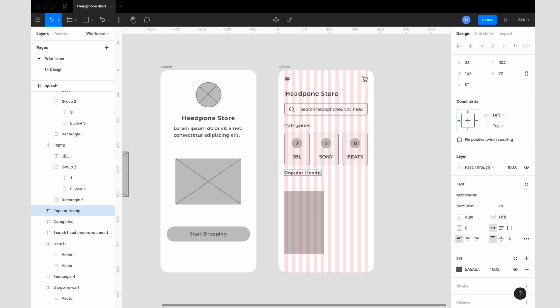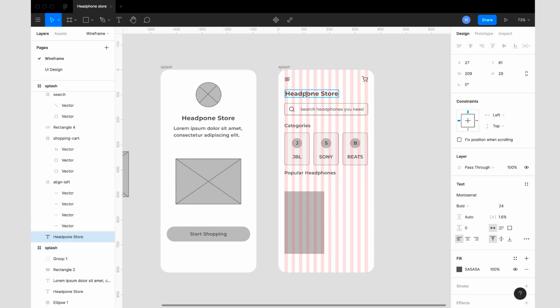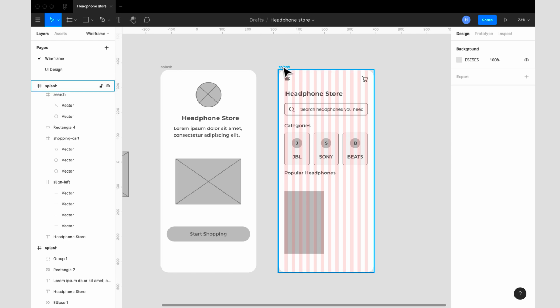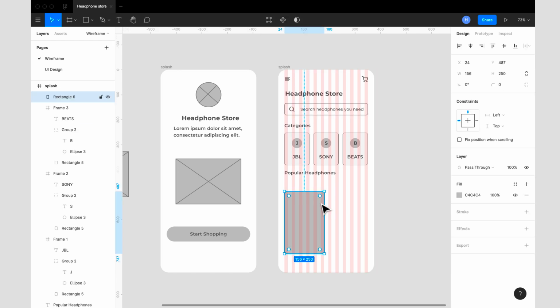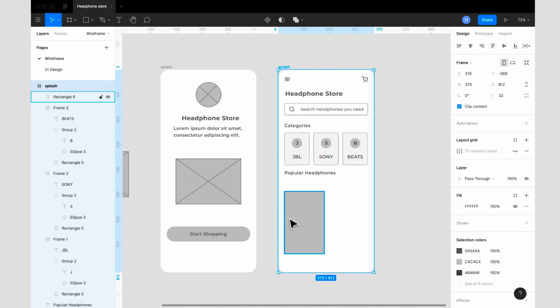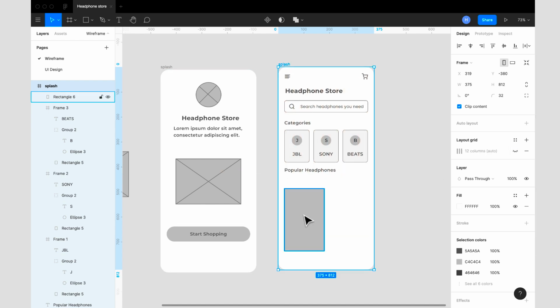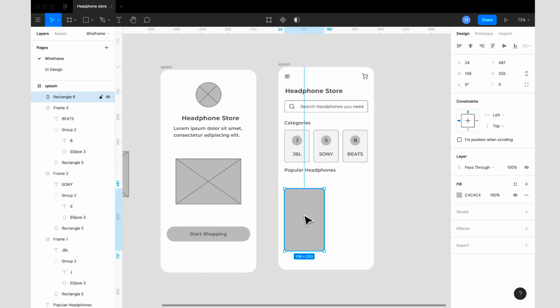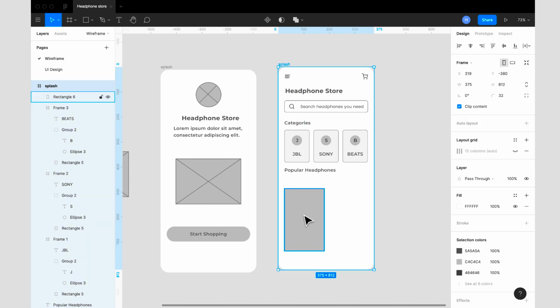I found I was making a mistake with the spelling of the headphone. I'm missing H here, and I'm missing H here as well. Okay, thank God I saw this before the ending of this video. So I've made this 6, and this looks great for me already. So I'll turn off the grid line, and I'll drag this to the top